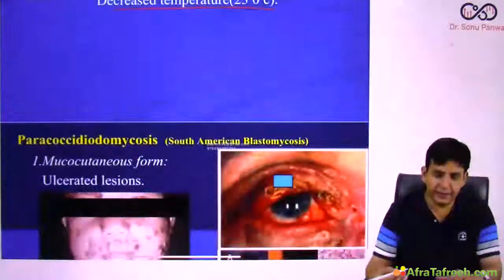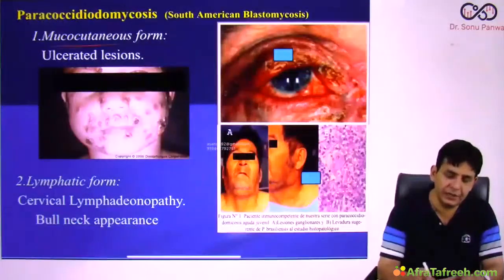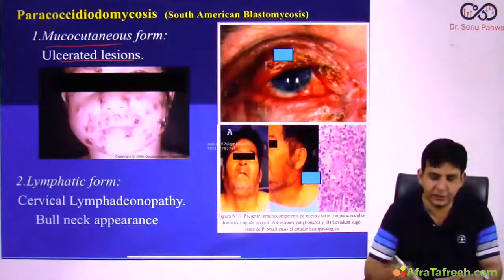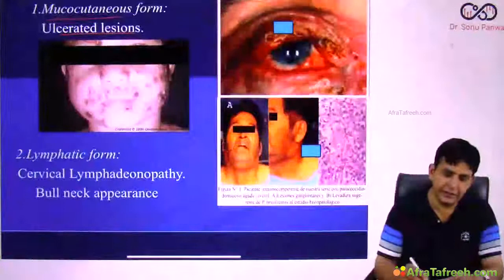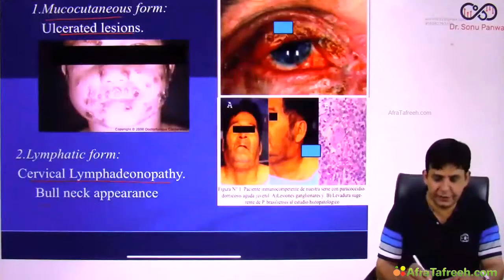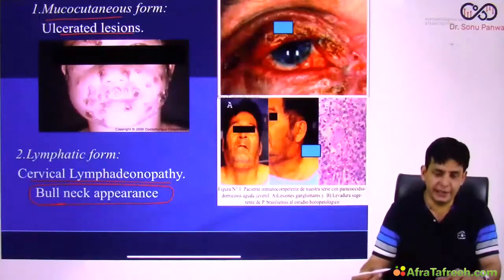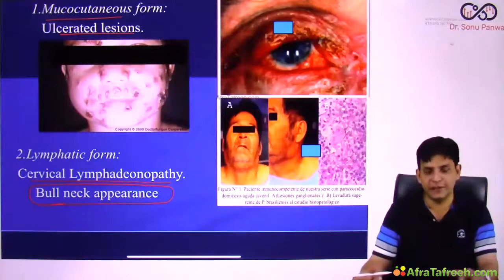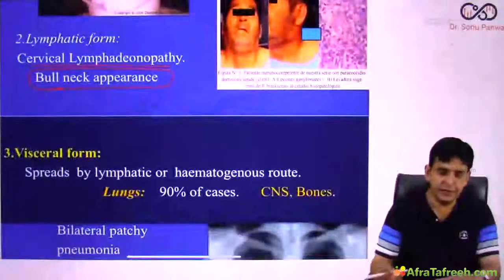Okay, and this paracoccidioidomycosis, it exists in which forms? Again, the cutaneous forms, that is the mucocutaneous form, where ulcerated lesions are seen, which you are observing in this particular picture. Okay, then you have the lymphatic form, cervical lymphadenopathy, that is having a bull neck appearance also. Okay, and that same bull neck appearance is observed in diphtheria also. So the lymphatic form is also there, the cutaneous form is also there, and the visceral form will